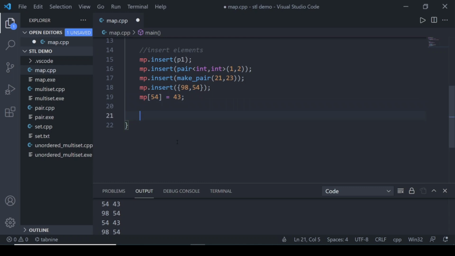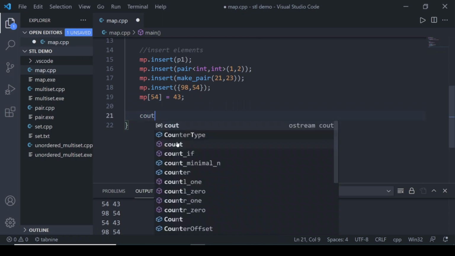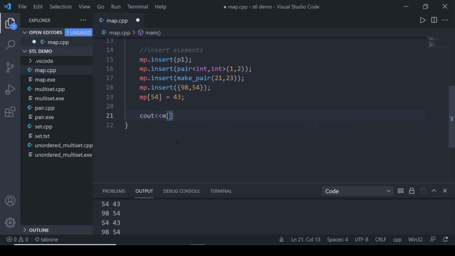So now we have 5 elements in a map. To access any element, we can just say mp[54], and it will print the value of that. And if we are printing an element whose key doesn't exist, then it will just return 0.